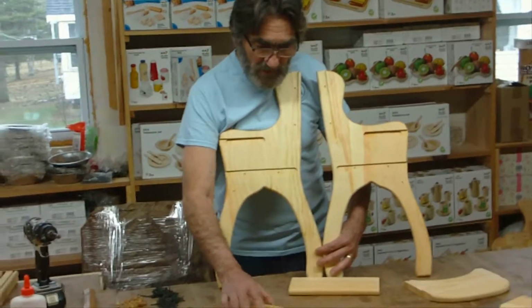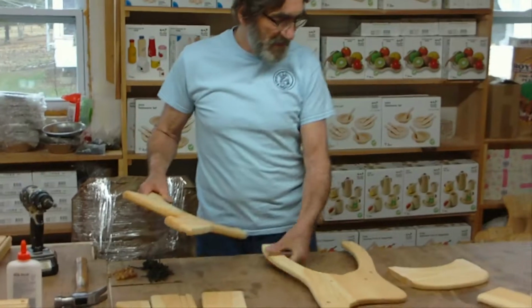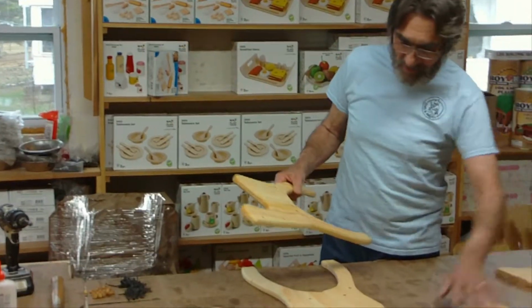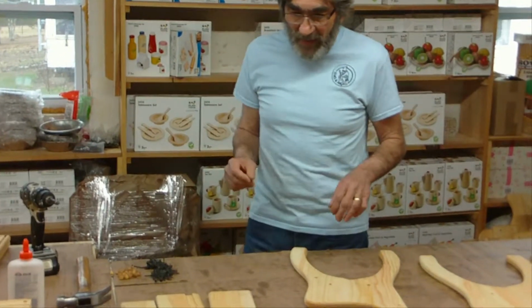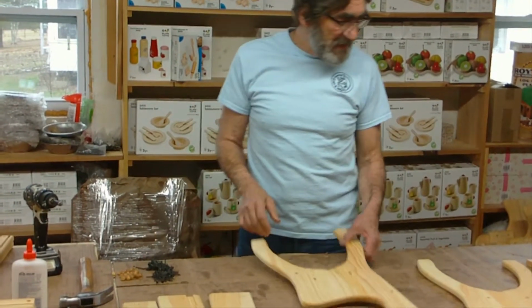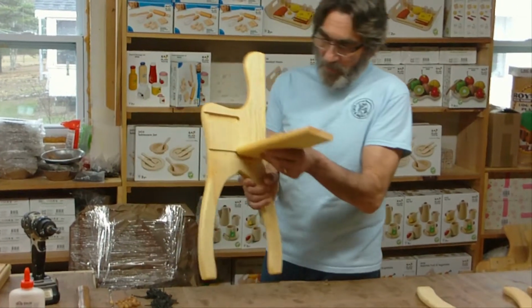So I will not bore you with all my talking. We'll just see if we can get this assembled. I have not assembled one of these yet because this is brand new. I've thought about it, and I thought an easy way for people, rather than to try to hold this up